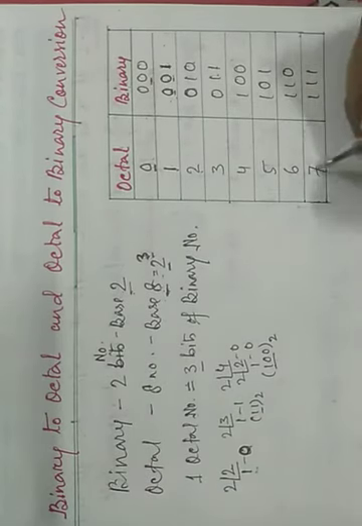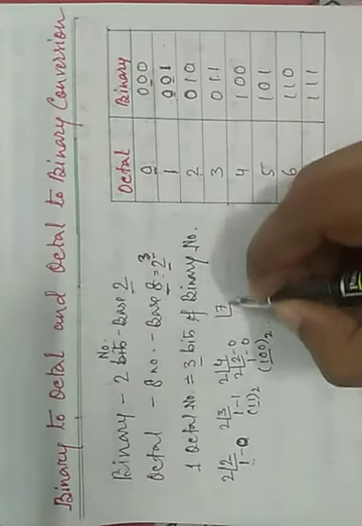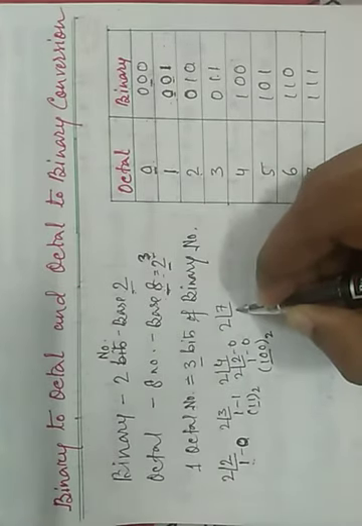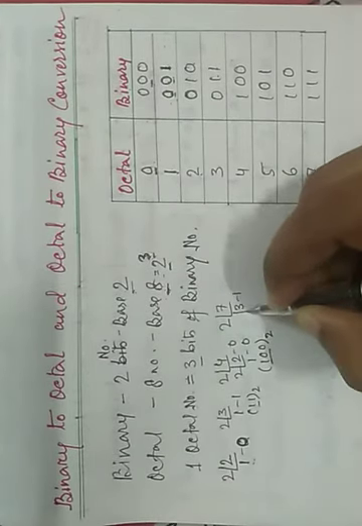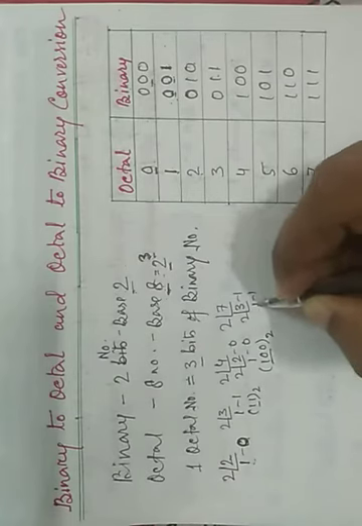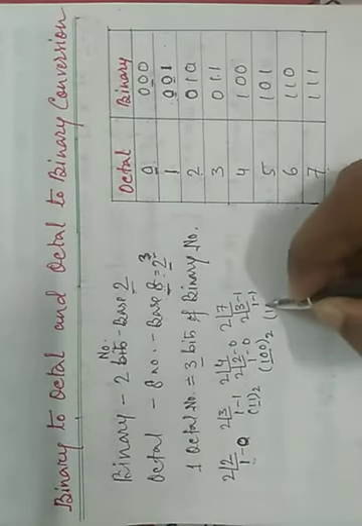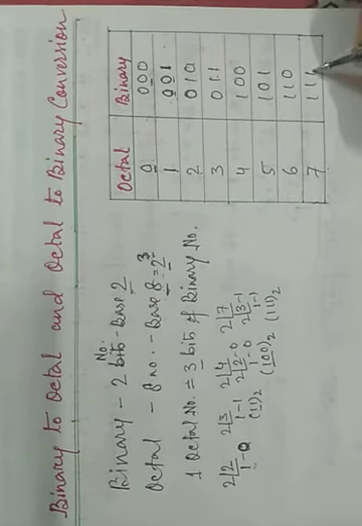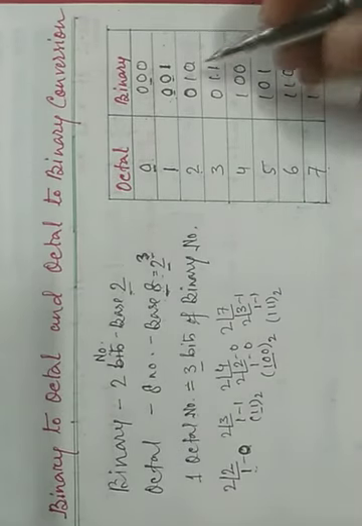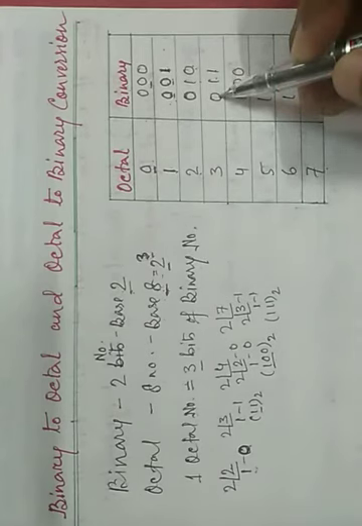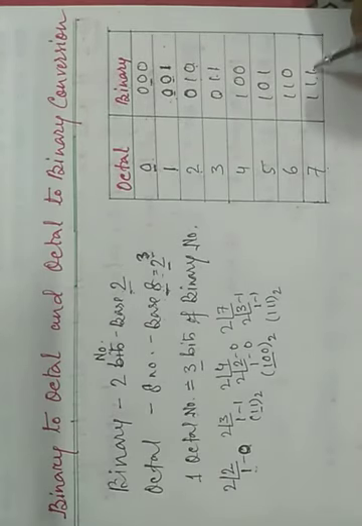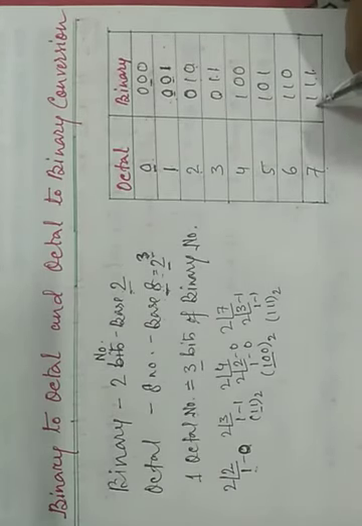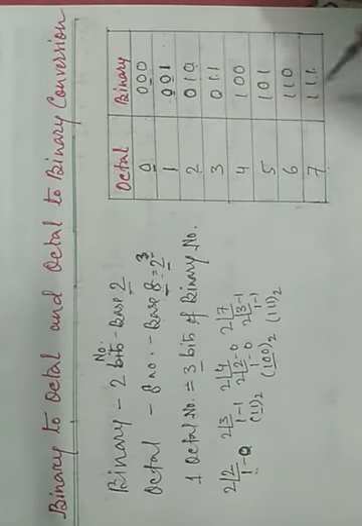Okay. So if we write 7 divided by 2, 3 twos are 6, remainder 1, 2 ones are 2, 1 1 1. So 7 is 1 1 1. So already 7 is 1 1 1, 3 bits. Okay, if it is in 2 bits, then we have to write 0 here, but if it is 3 bits, we don't have to write 0 here. We have to remember this value.